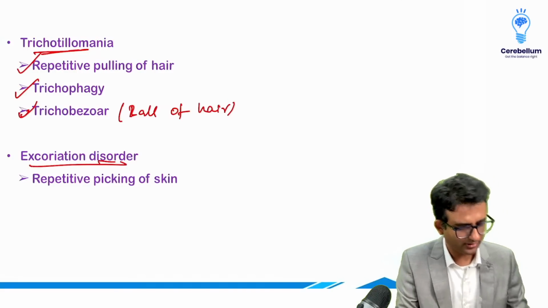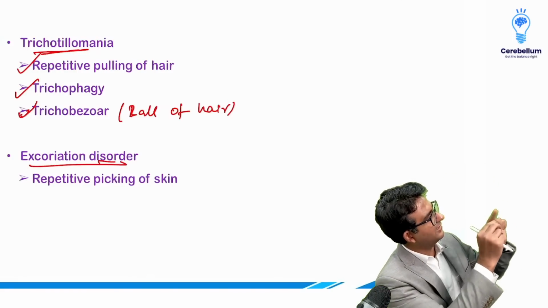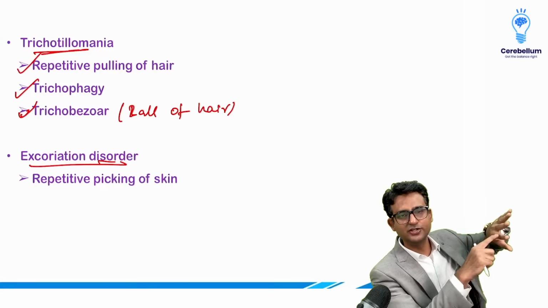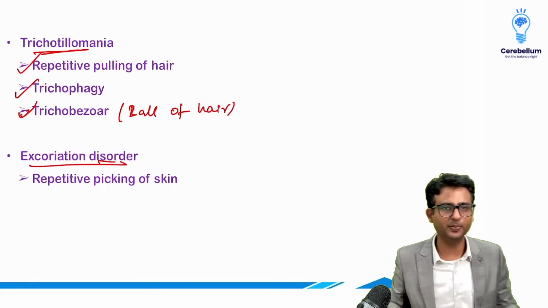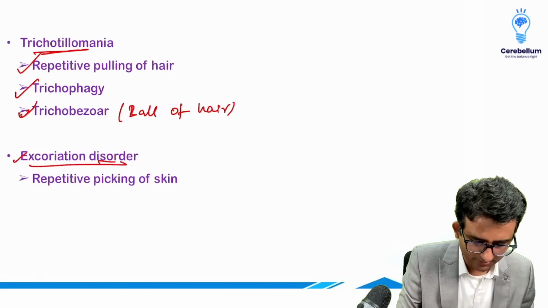What is excoriation disorder? The patient keeps on picking on the skin, right? They keep on picking on the skin, so all these get injured, and then they put a band-aid on it. That is excoriation disorder, repetitive picking of skin,